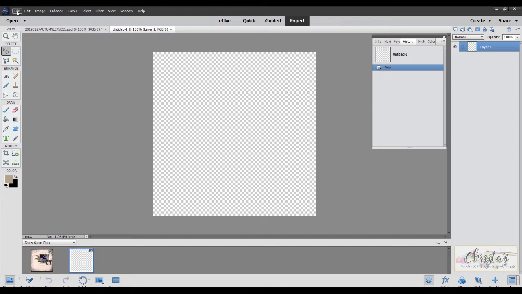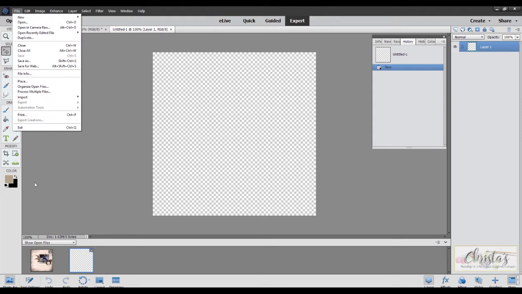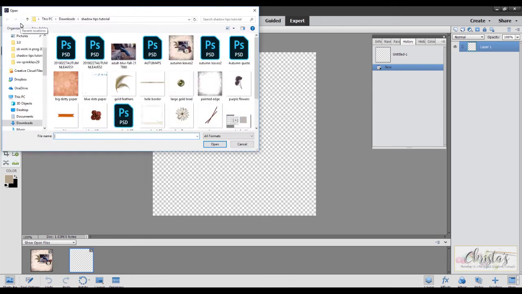I want to go ahead and, in my photo bin here, is where I'm going to be loading the files that I'm using. And as I said before, I put all the graphics here in a folder here in Photoshop Elements. I had saved them individually. So I'm going to just hold down my Control key, and I'm just going to click on all the items